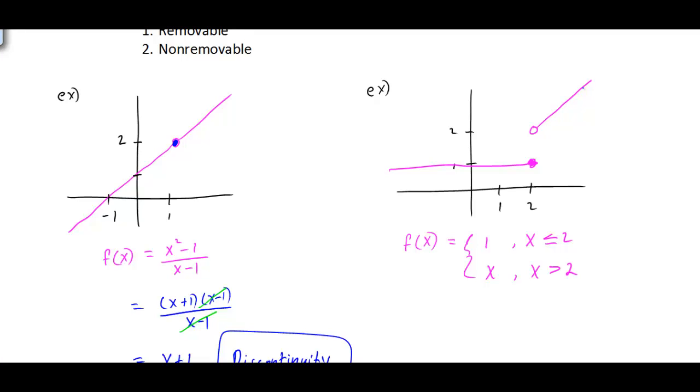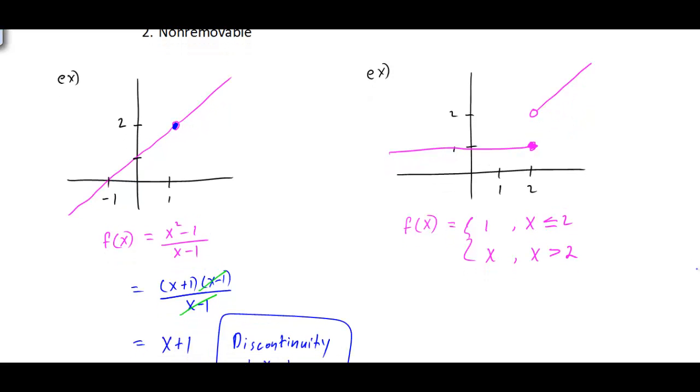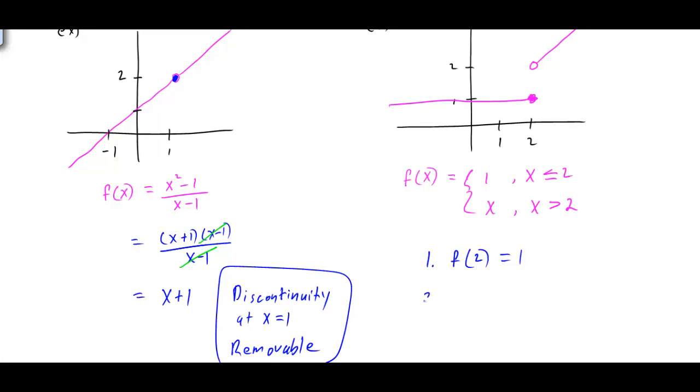And if you notice here, the conditions that we're looking at, there's no way to remove this discontinuity. For example, if we went through the conditions that we had above, the discontinuity here is at 2, so f of 2, well, that's defined because if we plug 2 into the function, 2 is less than or equal to 2, so that would be this first part. So we know that the function is defined to be 1. But if we look at the second condition, where we're trying to look at the limit of the function as x approaches 2,